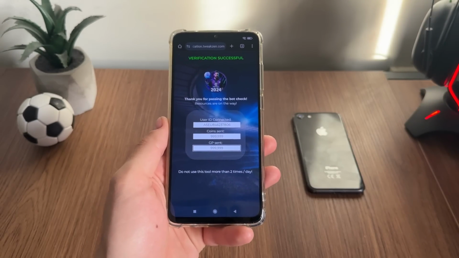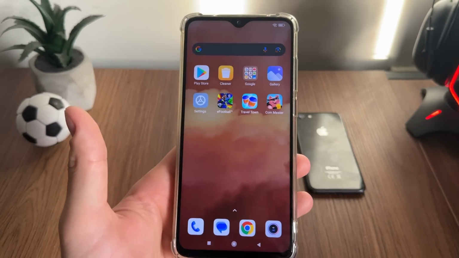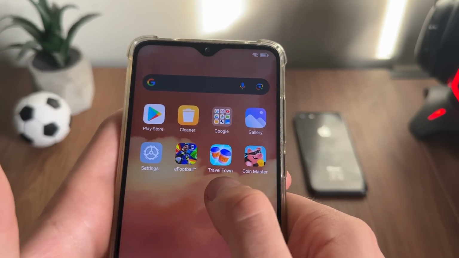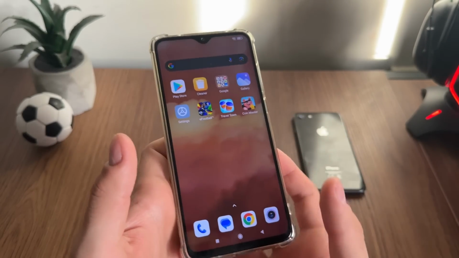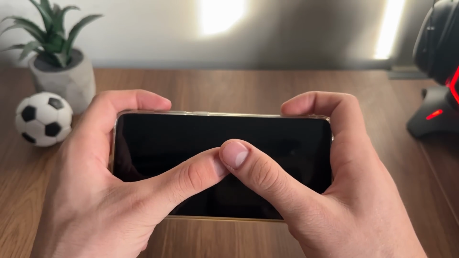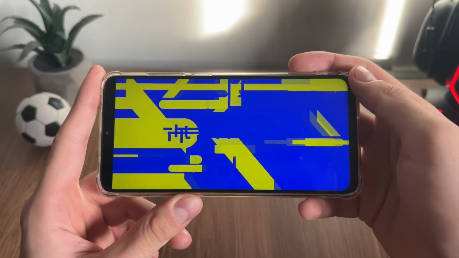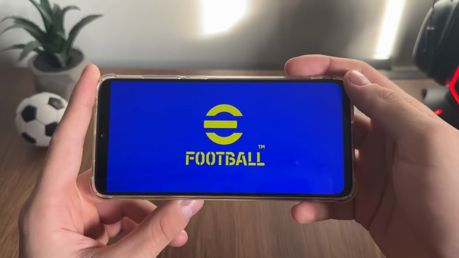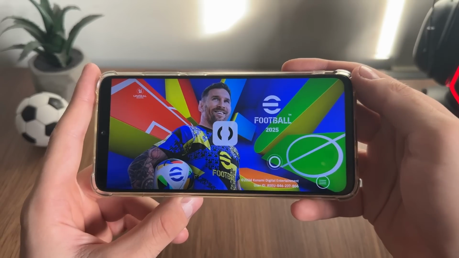I'm so excited to open now our GP, eFootball 25, and to test it. Does it actually work, guys? So as you can see, I have downloaded Travel Town and Coin Master, and I have completed their instructions. So yeah, it actually worked. So let me open my eFootball 25 game, and let's see, guys, will we actually receive our GP and our coins? So yeah, let's wait this loading screen. So I will open this. Okay,